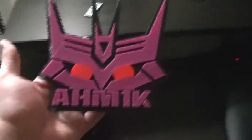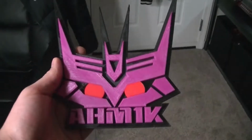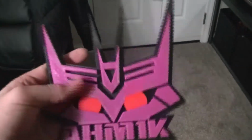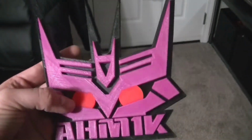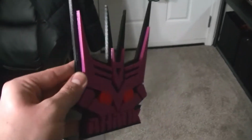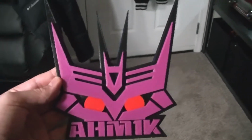This is Kyle's logo. And he didn't ask me to do this, I just volunteered it. I took his logo, completely 3D modeled it, and 3D printed it in separate pieces. The purple was printed on top of the black, so it is permanently on there, but the eyes are just kind of slotted in there, and they're in there tight, so they're not gonna fall out. But I did make this completely custom for Kyle, and it is his logo, and this is a one-of-a-kind thing